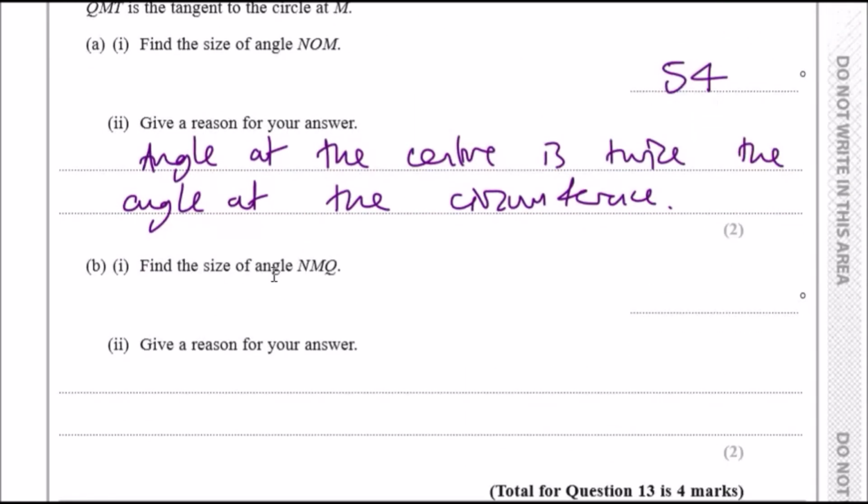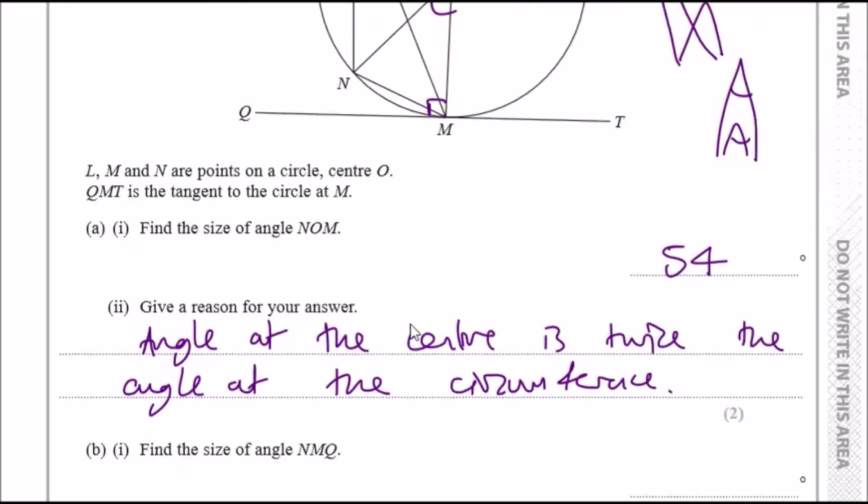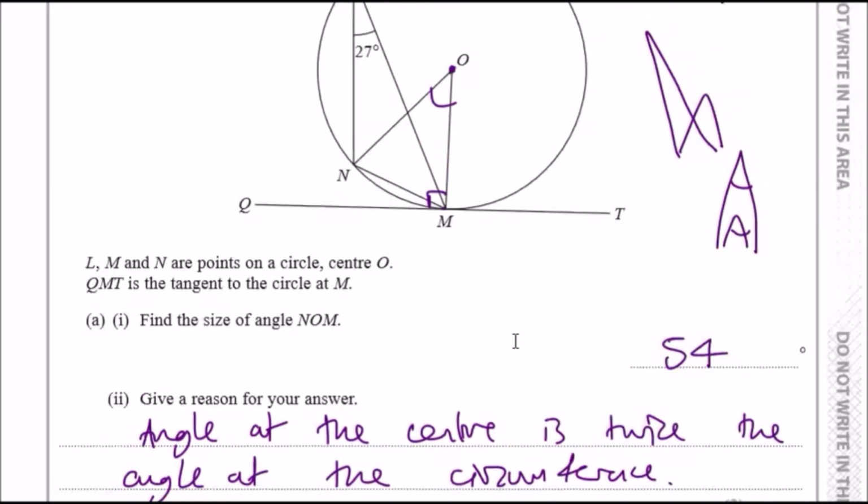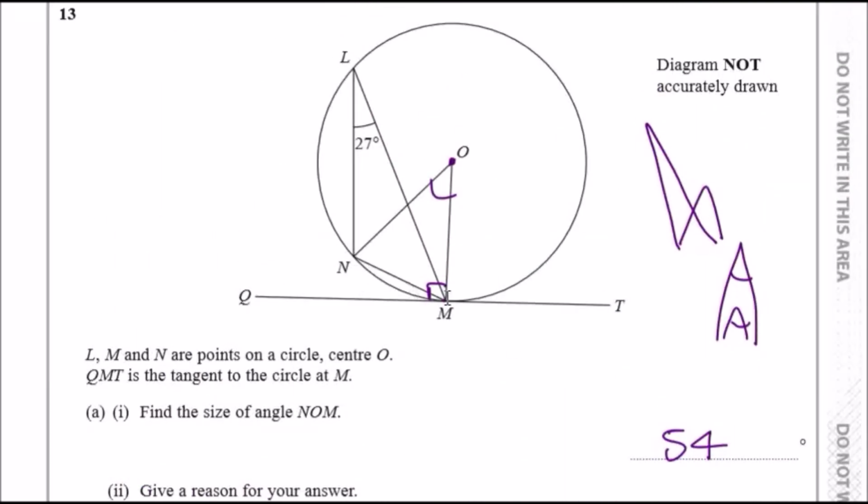Now next one, find the angle of NMQ. So again, look at this other problem. So NMQ, where do we start? So we start with N, go to M, and go to Q. So we're talking about this gap here. Now this one's a bit annoying because this one's actually part of something known as the alternate segment theorem. So what it tells us is that the angle over here between the tangent and the chord, so this is a chord, yeah, is equal to the angle on the other side of the chord,